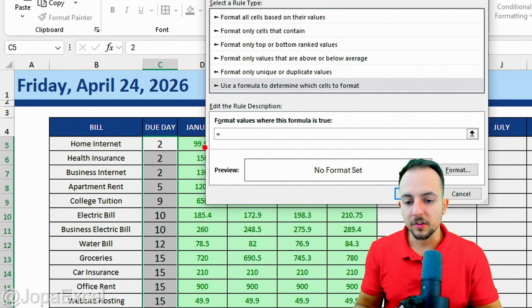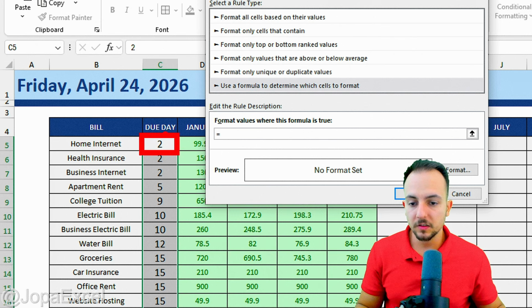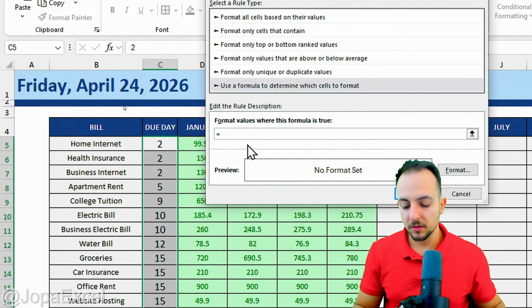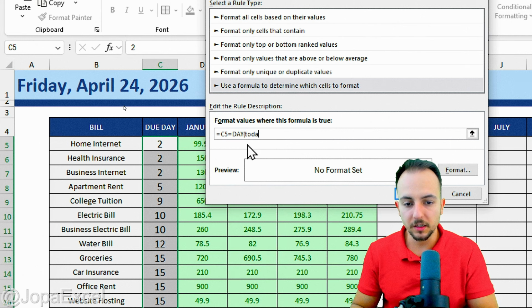We need to reference the coordinates of the first day, that is cell C5. Okay, so every time C5 is equal to the DAY of, open parentheses, TODAY, open and close parentheses